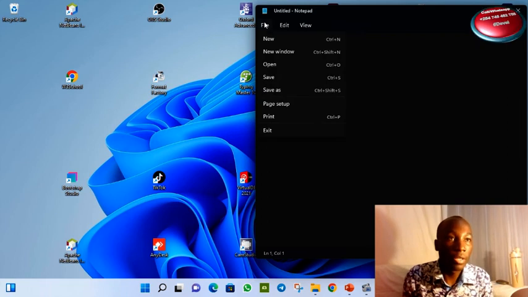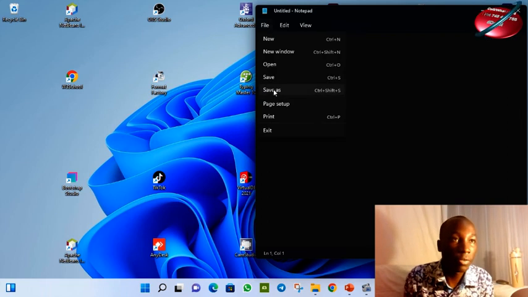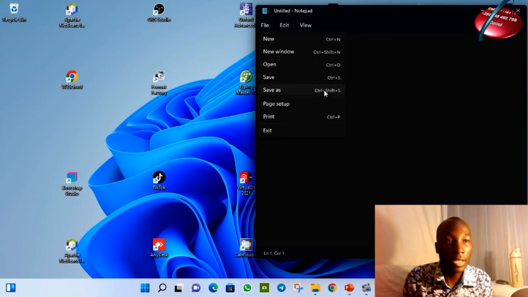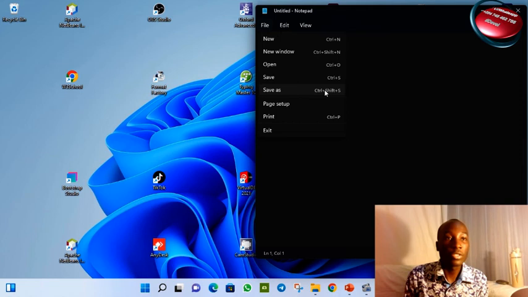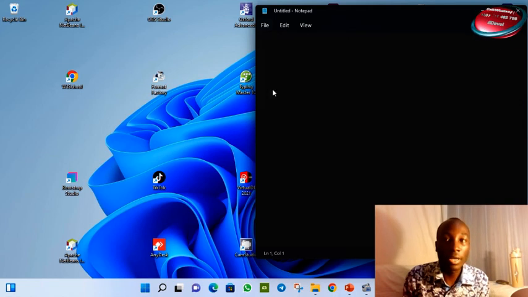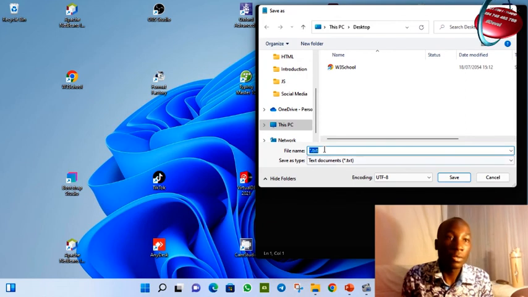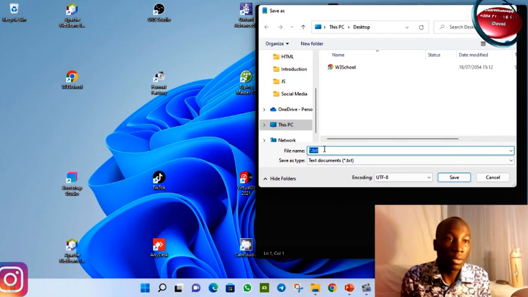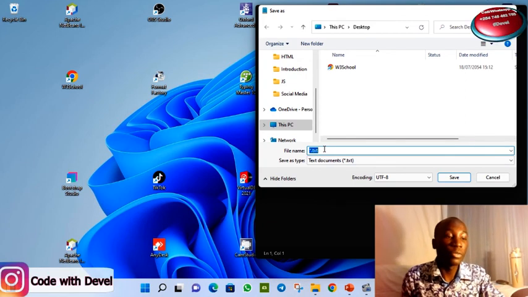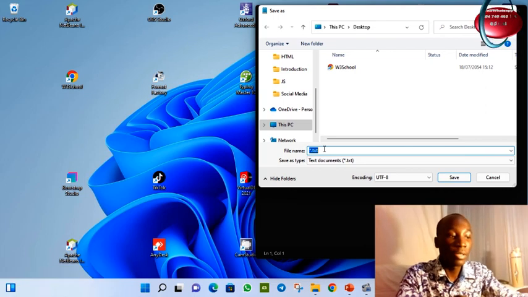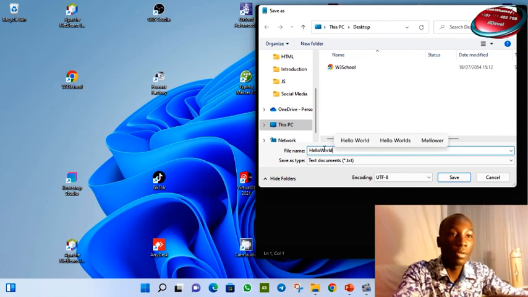So if you have opened the Notepad like that, go to File and click on Save As, or sometimes Command plus Shift plus S, or Control plus Shift plus S. Sometimes I'll be using those keyboard shortcuts, but you go to Save As. Your computer will ask for the file name, so you have to name it. You can name it by the name of your choice, and it is not case sensitive. So let me, for example, name it Hello World,